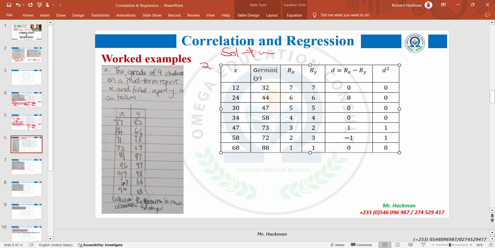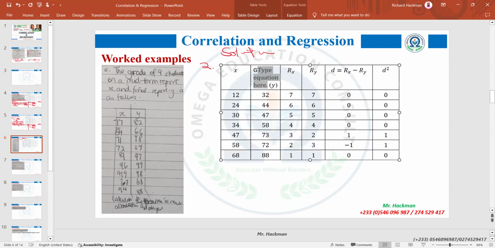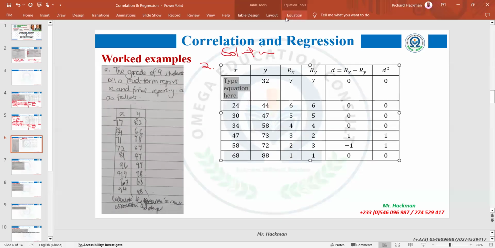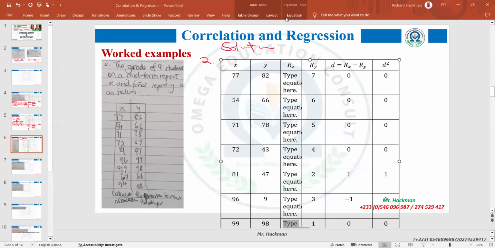Then we have rank of X, rank of Y. So let's go and look at our values. 77. Okay, let me pause, but please remind me to resume recording when I'm dealing with the ranks. Having stated your first 2 columns, which will be exactly what we have here,